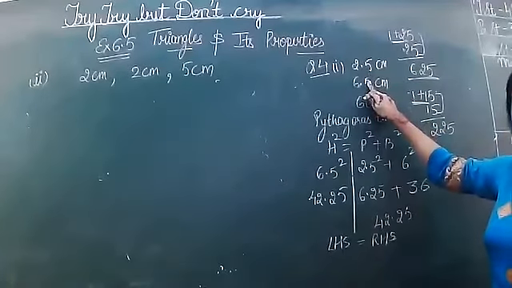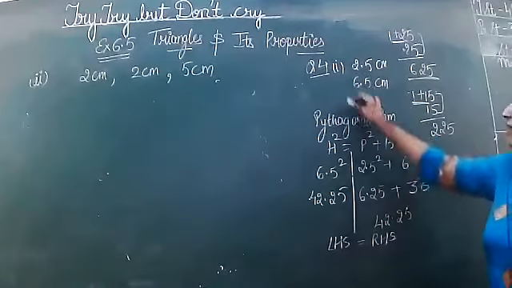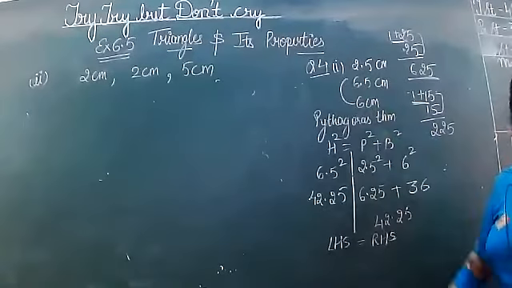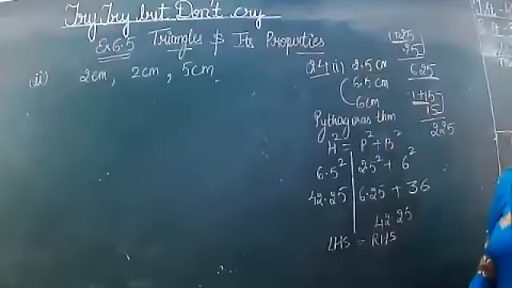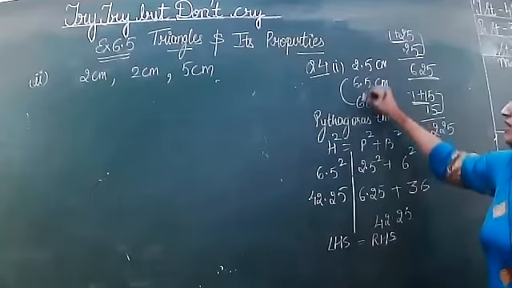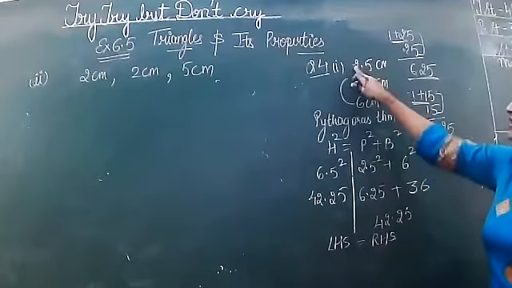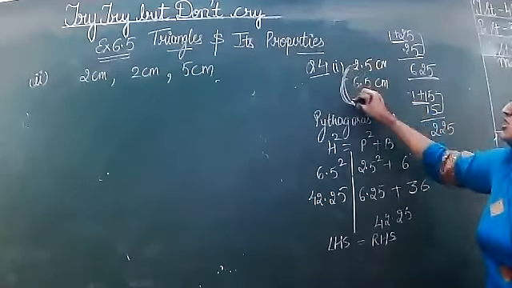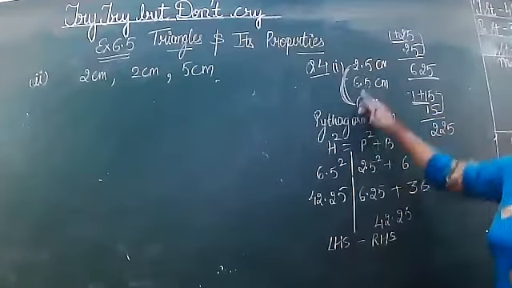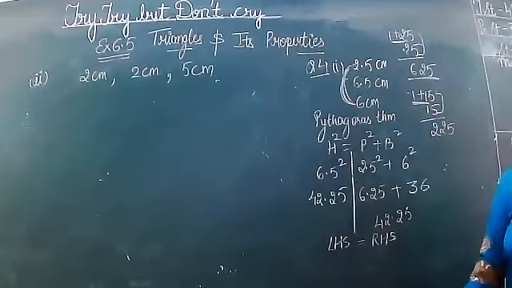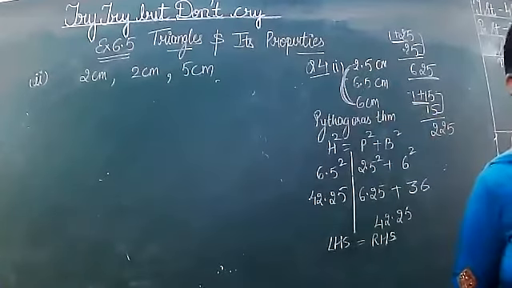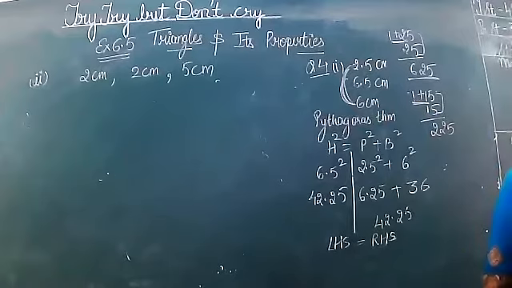0.5 added makes it 9. 9 is greater than 6. When you add these two, 12.5, which is greater than the third side. If you add these two, that is, if you add this, we have done. Now add these two, that is 8.5. That is greater than the third side. The sum of two sides is always greater than the third side, then only the triangle is possible.